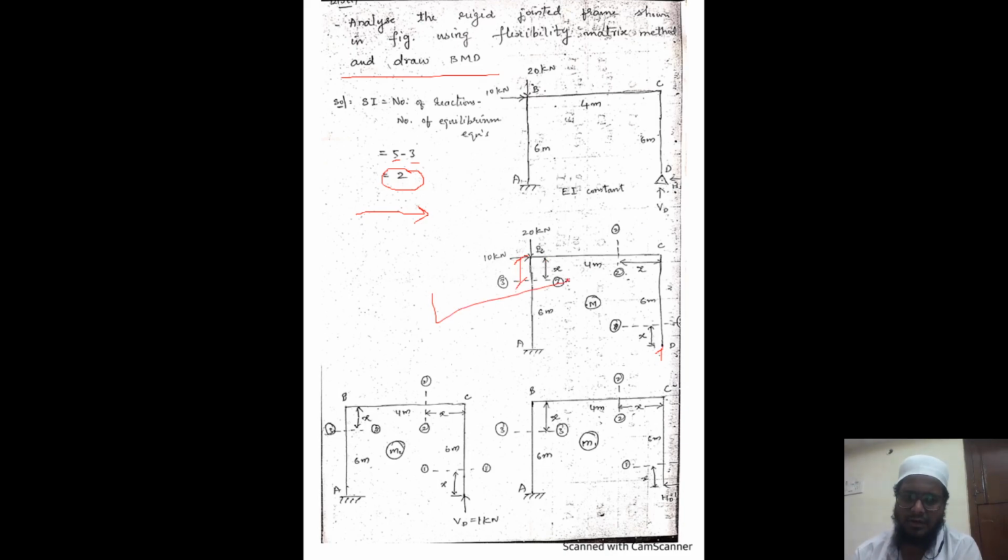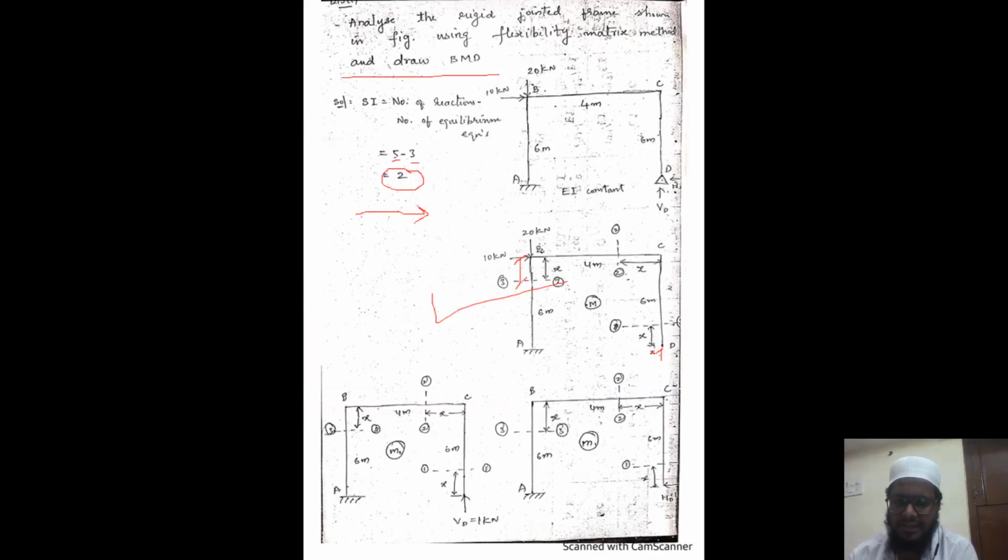So for this particular figure, we'll go and check our table now. This table you have to remember, as I'm telling you again and again, that this table has to be remembered by the student: that is region, origin, limit, EI, M, M1, M2, and again M1 square, M1 M2 by EI, and M2 square by EI.